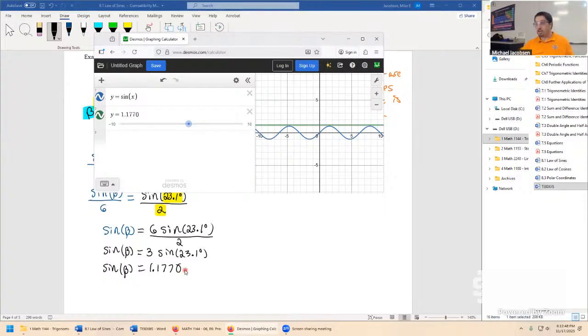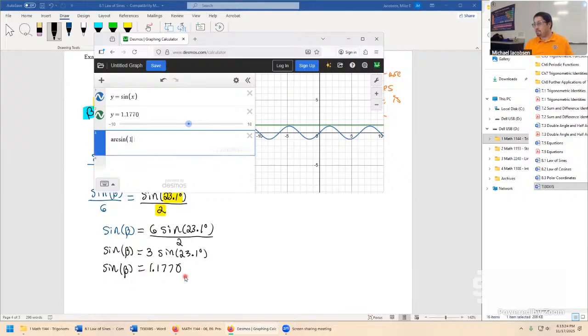Thinking back on equation solving, as well as inverse functions and graphs of the trigonometric functions, you'll only have a solution to this if the sine wave intersects the line y equals 1.770. And if you change the amplitude, it certainly will. There's going to be loads of solutions then. But we have ordinary sine, and so the amplitude here is 1. It never reaches 1.770. And if you weren't thinking along those lines, you might say, well, take sine inverse of both sides, like in section 7.5, but then you just run into this other problem.